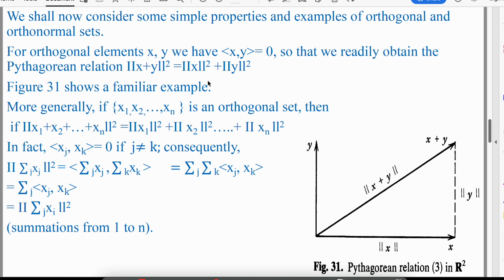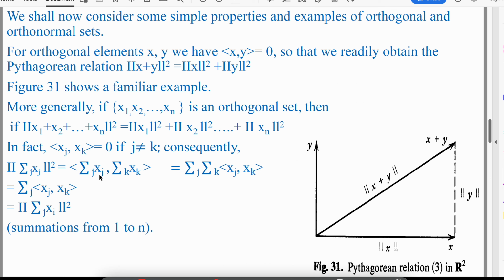If in place of two vectors we have n vectors x1, x2, ..., xn, and this is an orthogonal set, then norm of (x1 + x2 + ... + xn) whole square is equal to norm x1 square plus norm x2 square, and so on up to norm xn square. In fact, we know that the inner product of xj with xk is equal to 0 if j is not equal to k. It means the norm of the sum of xj whole square